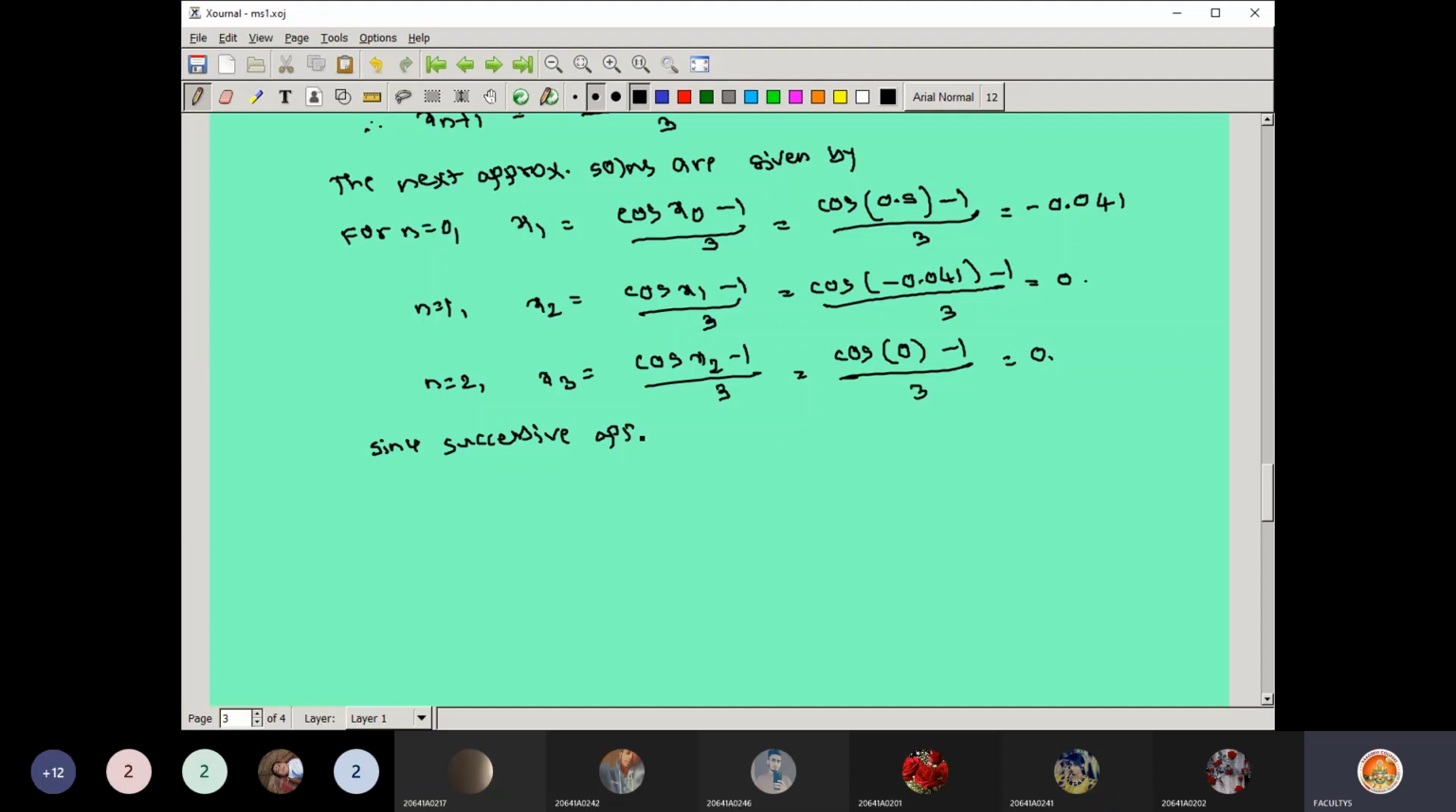Since successive approximate solutions are equal, the root